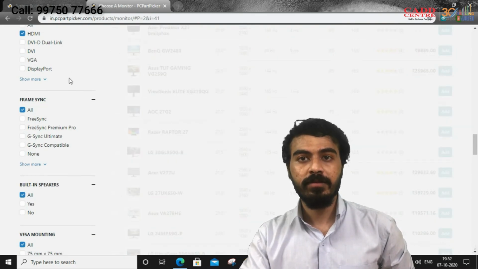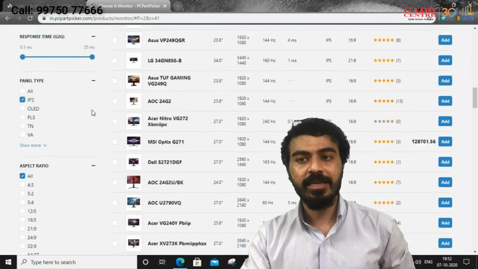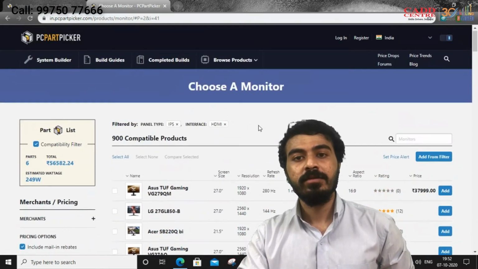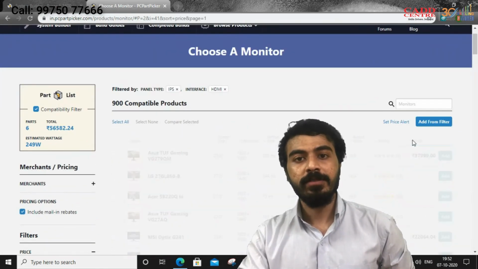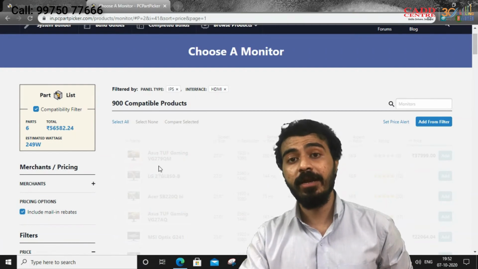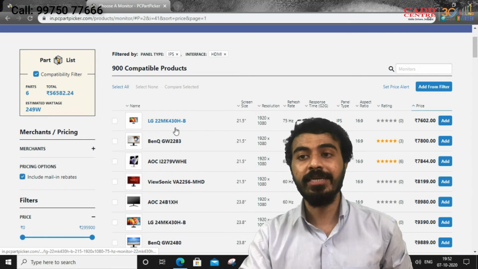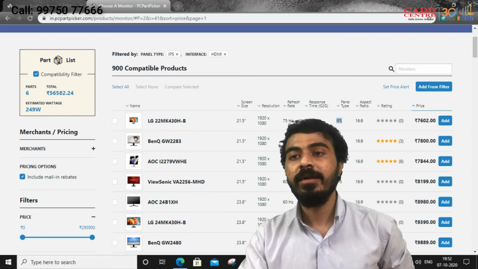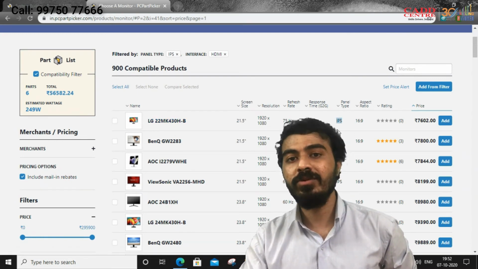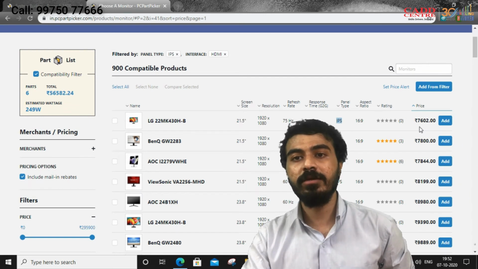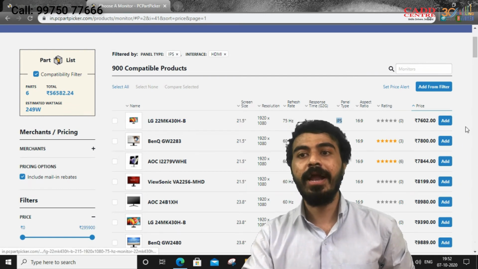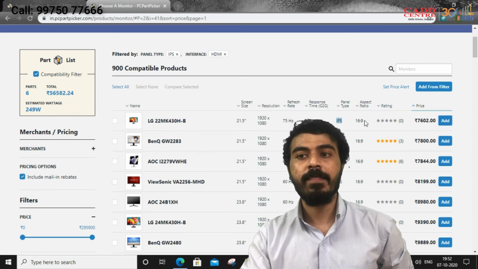Correct, and just click on price. See, LG gave us an IPS panel with HDMI slot at around 7,500 rupees. So you can prefer this monitor. Okay, I am just adding this.